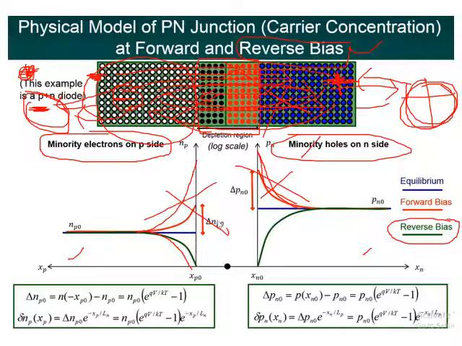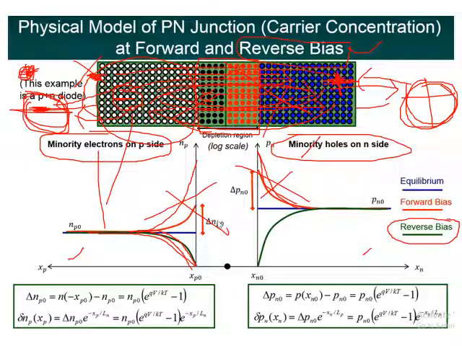I am applying negative potential, and no electrons will try to remain at this p side. This negative will try to repel them, right? So no electrons are trying to remain in the p side. That means no minority carriers are trying to remain in the p side. Why? Because electrons are minority carriers. That itself we are showing in the graph. So towards the p side, the electron count is decreasing as the reverse bias voltage is applied.